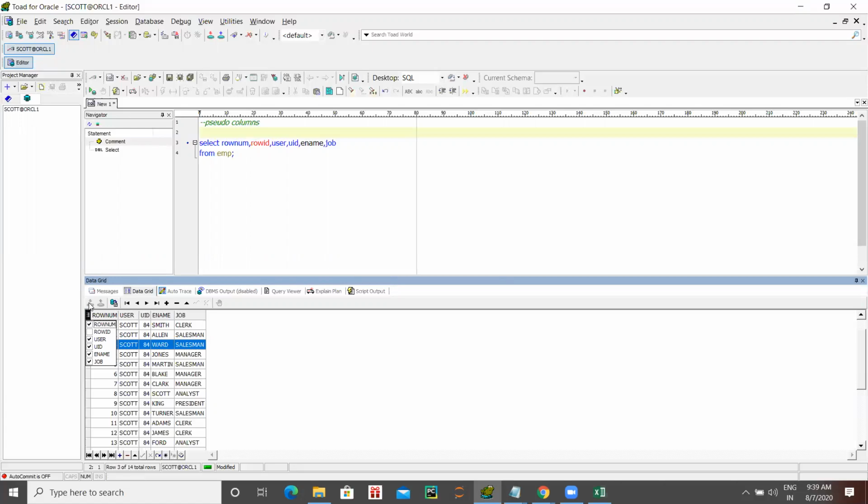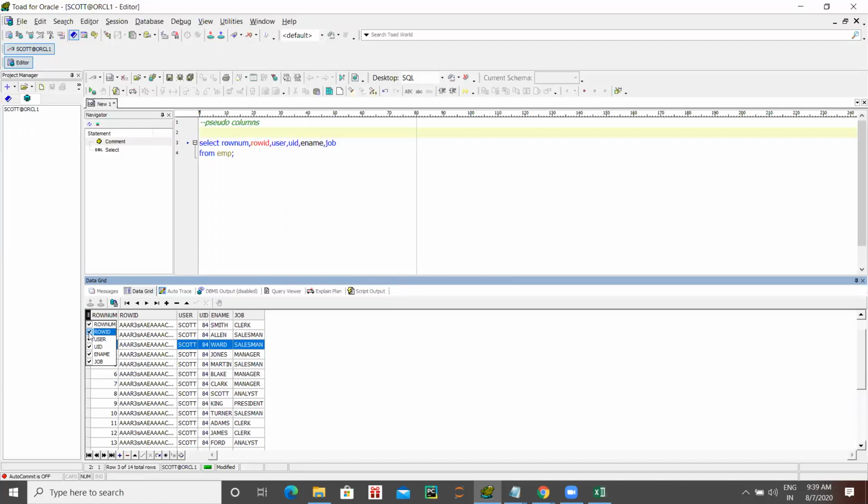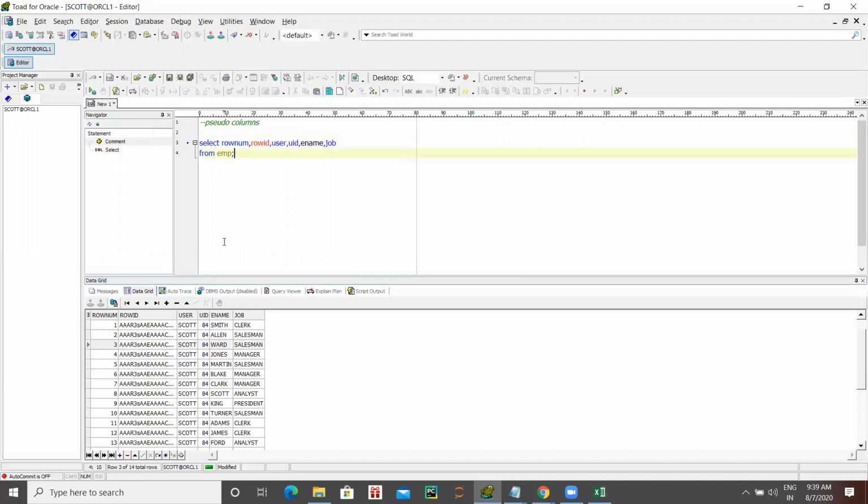There is a ROWID option, check that option. ROWID, check it. Okay, now escape. Click outside. So by default ROWID is unchecked.